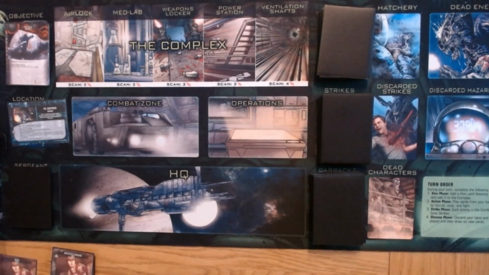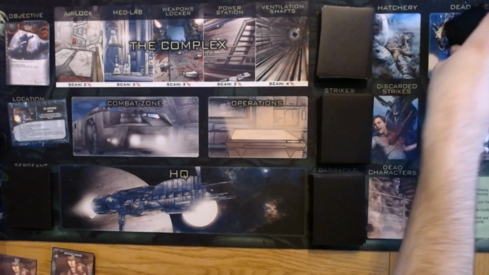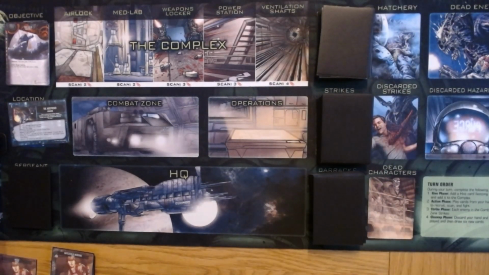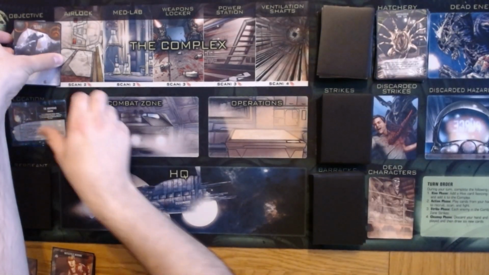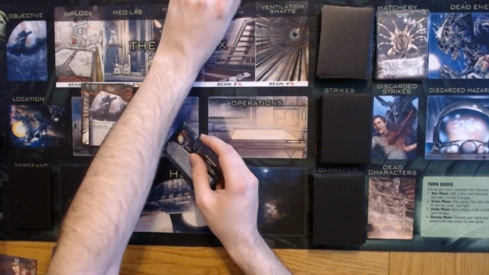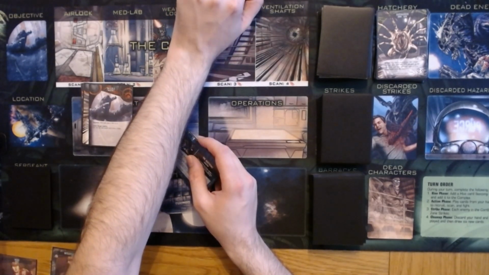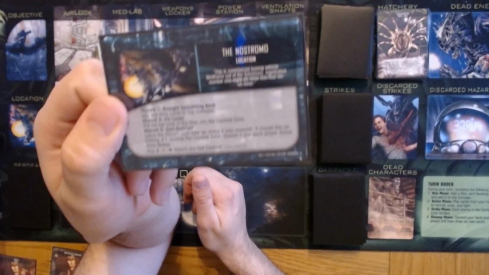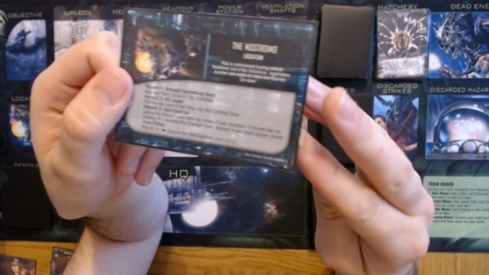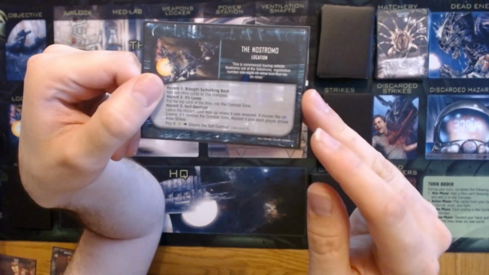So with this game, what we're trying to do is basically defeat the Hive and accomplish 3 objectives that each scenario has. So we've gone for Alien for our first one because, well, why would we not play through from the start? So this is our location, the Nostromo,